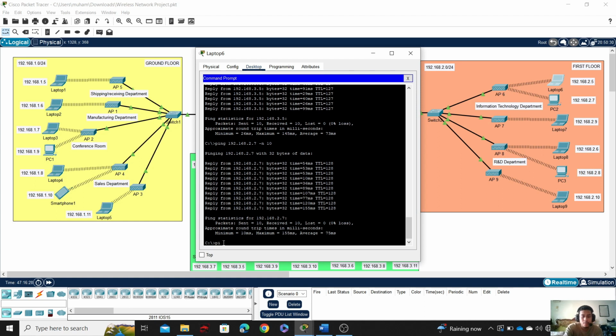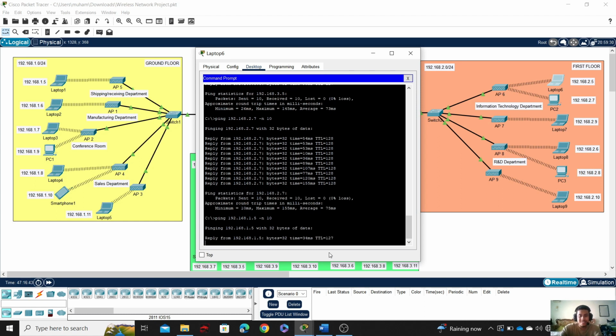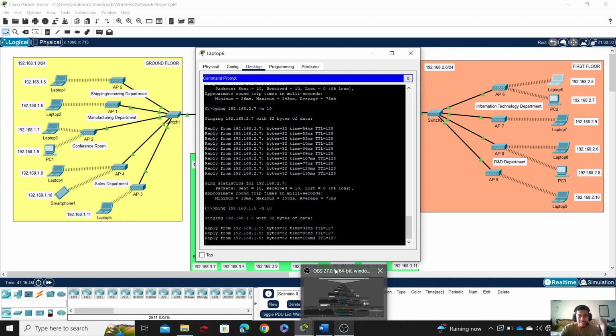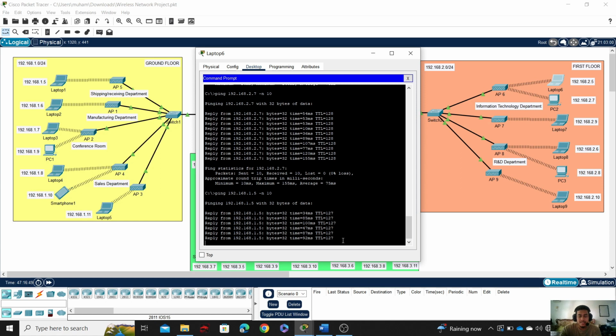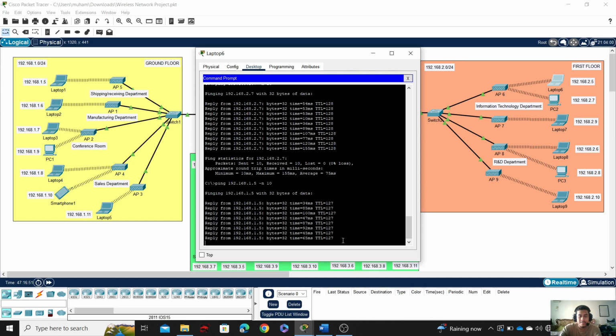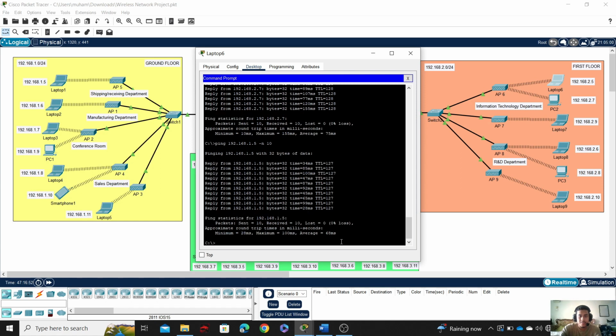So next I will try to ping from first floor to the ground floor. For example, 192.168.1.5. So the result is same, which is